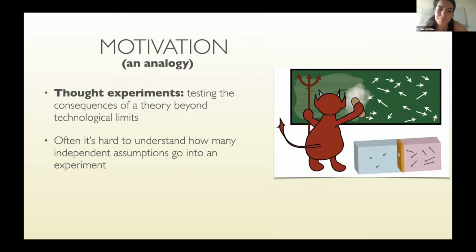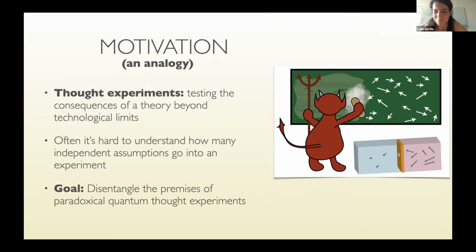And the same happens in quantum thought experiments. Maybe not things like the Bell experiment, which is no longer a quantum thought experiment because we reached this limit, but in general, we try to phrase it in a simple way, but there are so many implicit assumptions that it's very hard to disentangle all the premises when a thought experiment leads to a contradiction, and try to see how can we really change this?